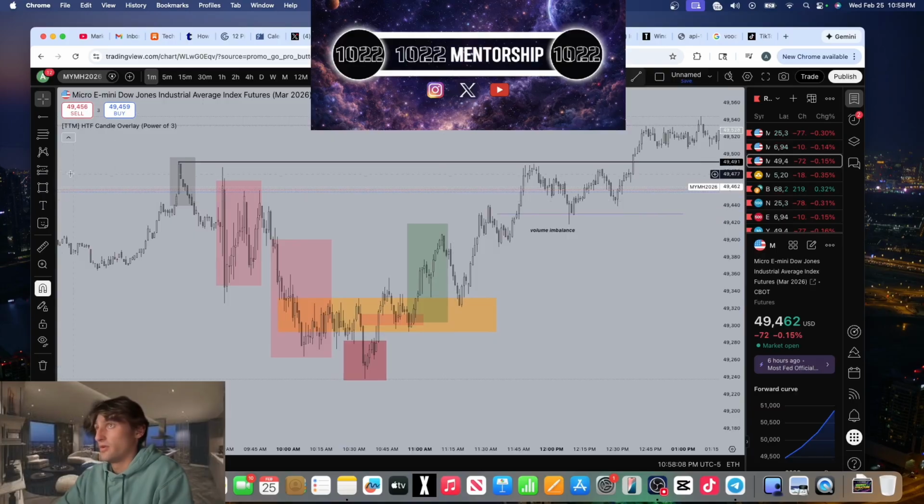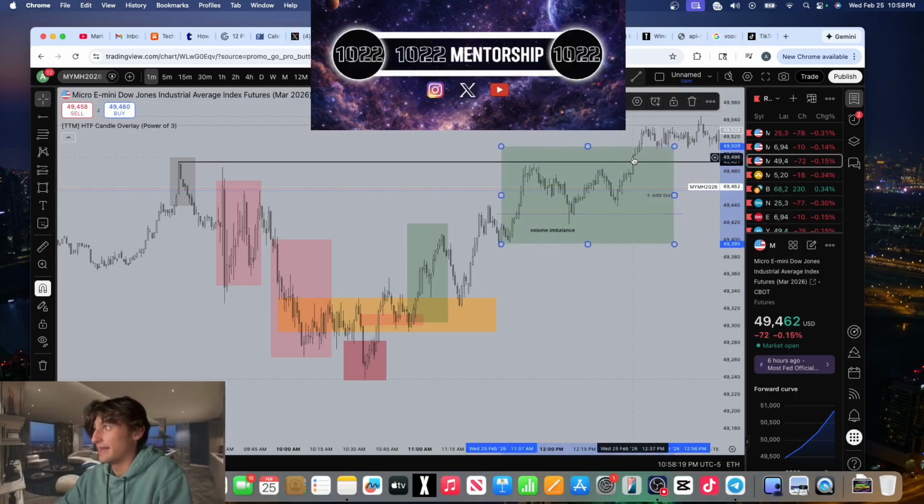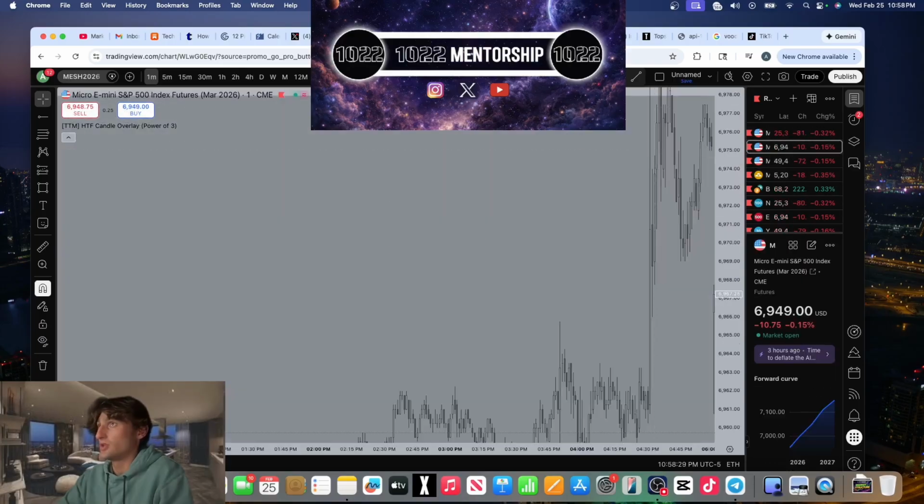And then we get our second stage of accumulation when we trade higher here, but we don't take the high. We kind of sit in this range a little bit, but we eventually take the high at 12:37 p.m. So that is the buy model on a chart with candlesticks. And then if we take a look at NQ